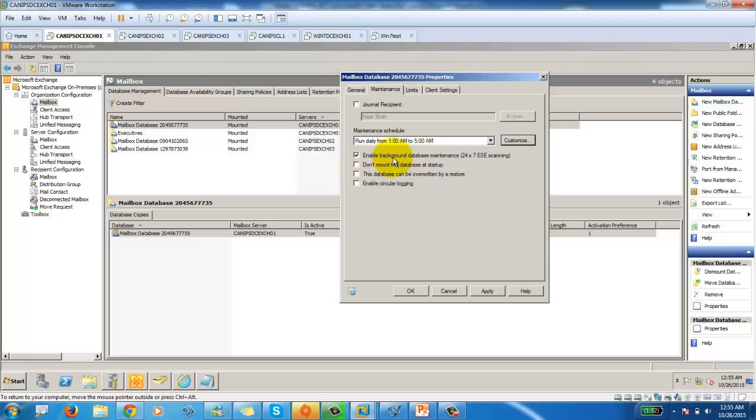Now and then, other than this maintenance schedule, you can configure Exchange to do online maintenance 24/7. So this will do online maintenance. Now this online maintenance is required for large databases, where you cannot take them down for offline defragmentation. You can just set up online maintenance. So this will enable background database maintenance. It will just keep on doing some cleanup, some